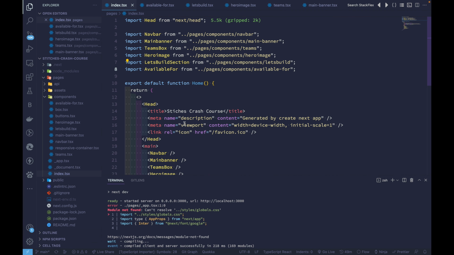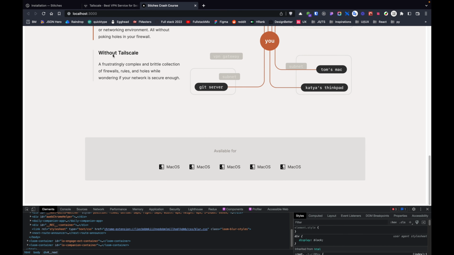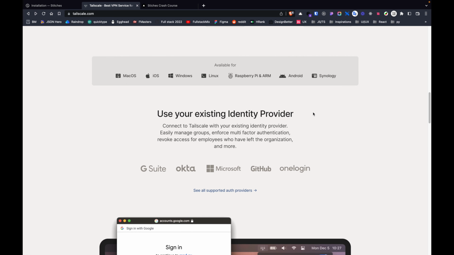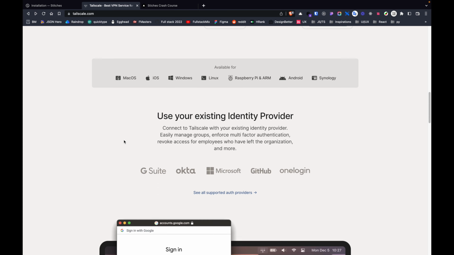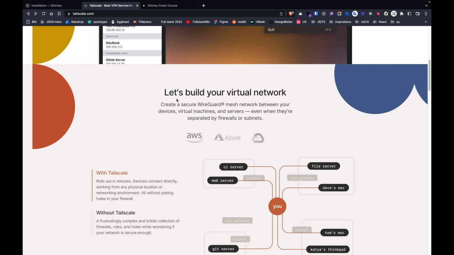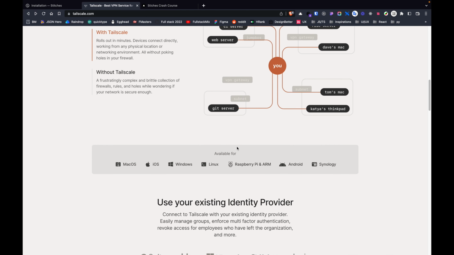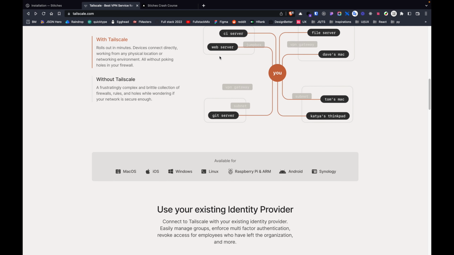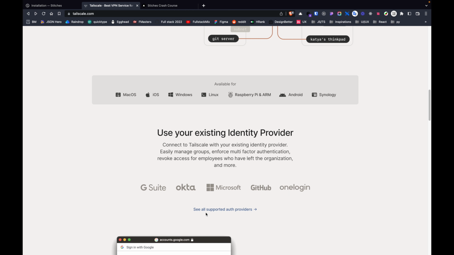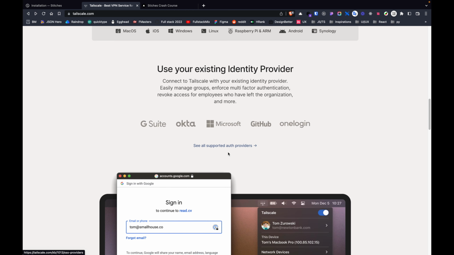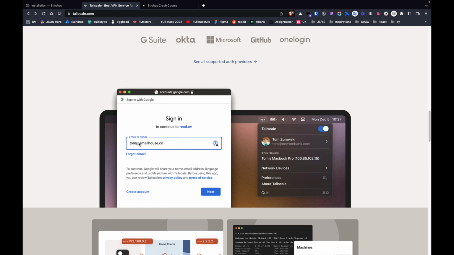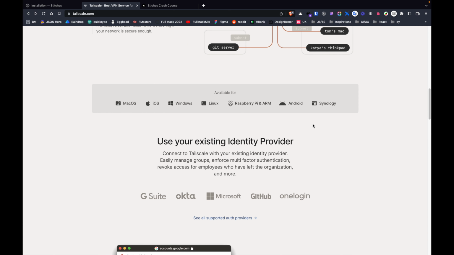All right. Okay, so now let's move ahead to the other section, which is the use existing identity provider section. For that section, it's nearly the same thing that we have here, which is Let's Build: we have heading, subheading, logos, and an additional button, which is a ghost button, and also this image. So for this section, we are going to create a new component and call it